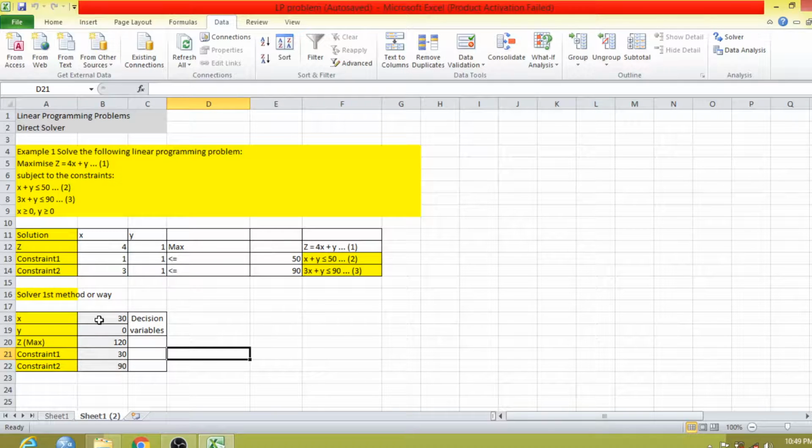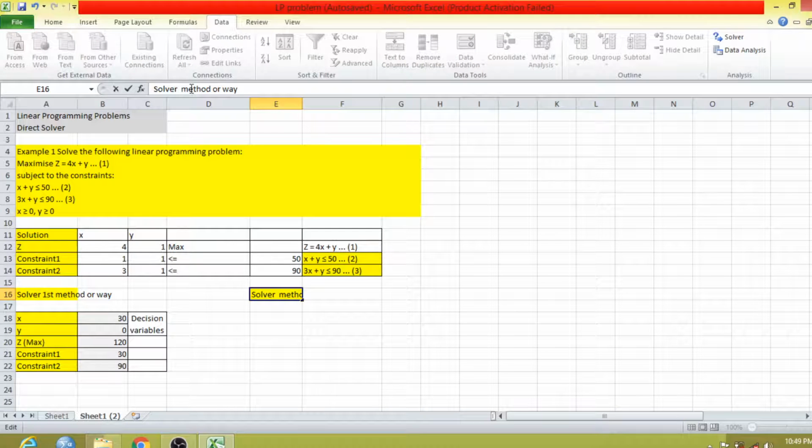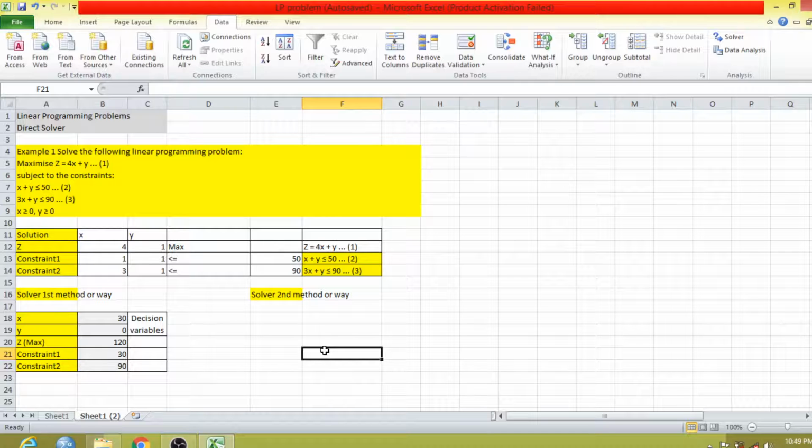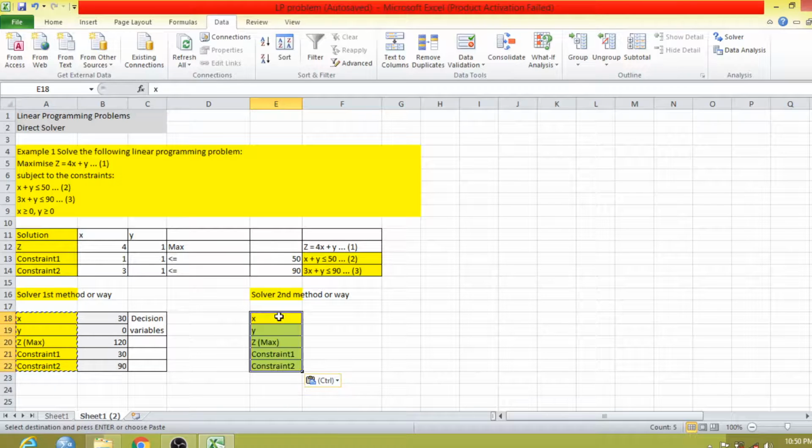Now I will solve this particular problem with another way. So this is the second method or second way. I will put all these here. Now I will use one formula.